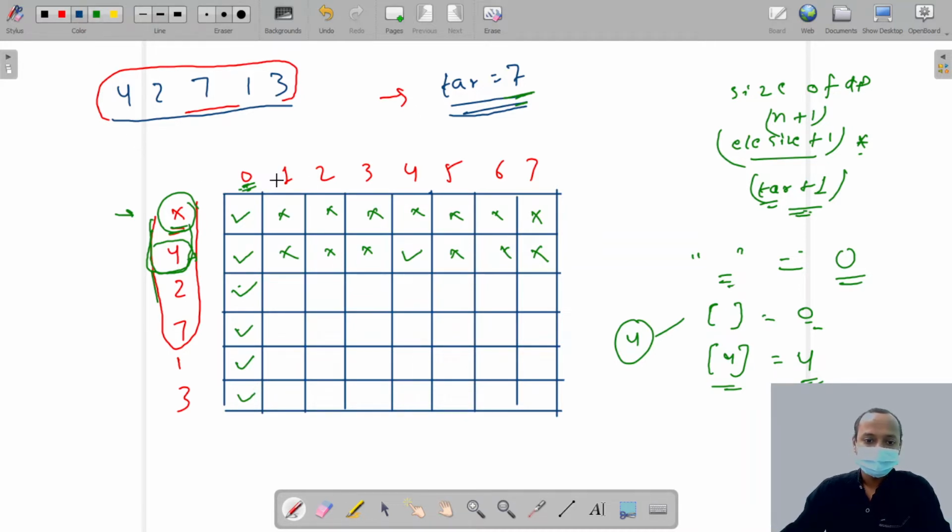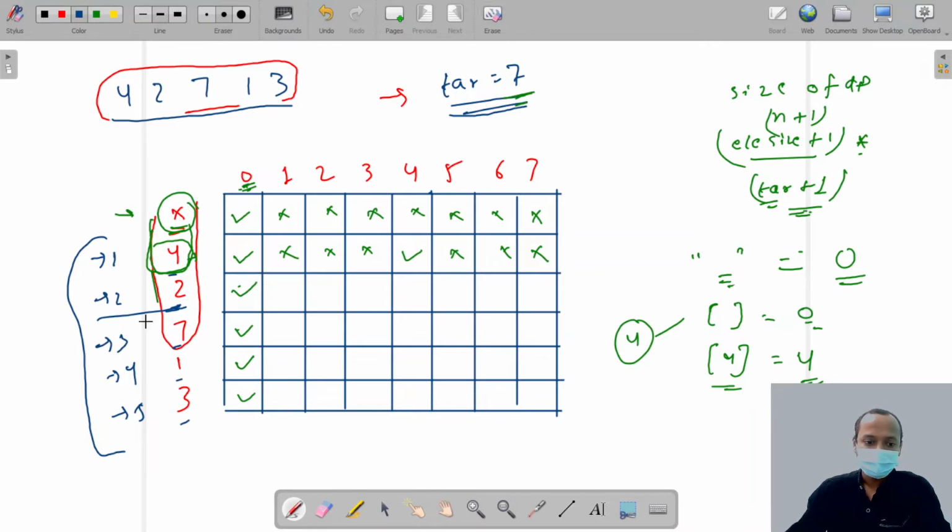Now let's suppose this is a cricket. Okay, so this is the target we have to achieve, and these are players. Let's suppose this is player 1, this is player 2, this is player 3, this is 4, and this is 5. We have 5 players, and they have some abilities. They can make 2 runs, he can make 7, he can make 1, he can make 3, and he can make 4. Okay, now we have to decide which one is a player, which one is not.